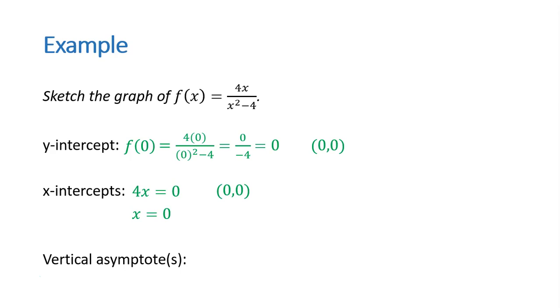So let's find our vertical asymptote or asymptotes. We set our denominator equal to 0 and solve. We can move our 4 over, so we have x squared is equal to 4. Take the square root of both sides, keeping in mind when we take the square root, we have to factor in the plus minus. So x could be 2 or x could be -2. So this particular graph is going to have two vertical asymptotes, one at -2 and one at 2. So that means when we graph it, this graph is going to have three pieces, one to the left of -2, one between -2 and 2, and then one to the right of